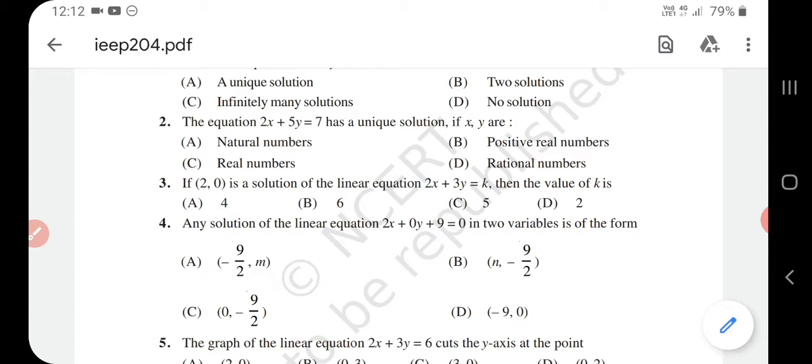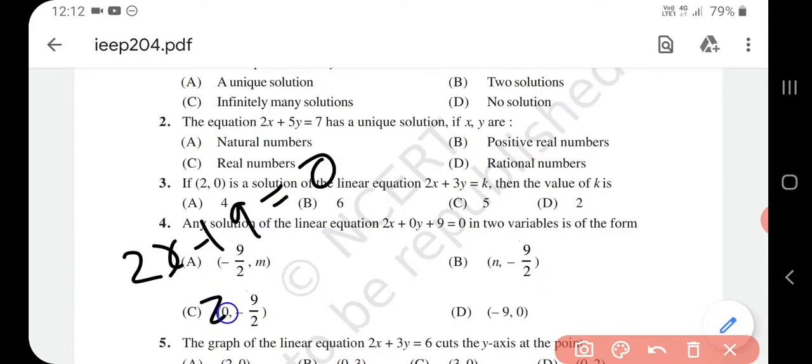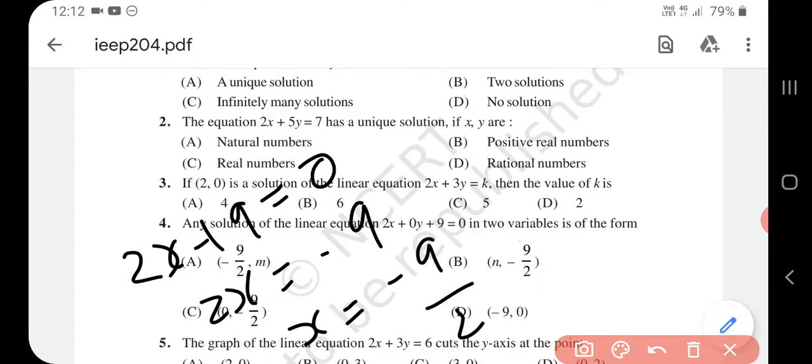So कौन सा फॉर्म होगा इसमें? So see here, we can say that it is in the form of x. x की वैल्यू क्या होगी, यहाँ से हम निकाल सकते हैं value of x. y तो 0 हो गया, plus 9 is equal to 0, so 2x is equal to minus 9, x is equal to minus 9/2. सो x की वैल्यू तो हमें पता चल गई.